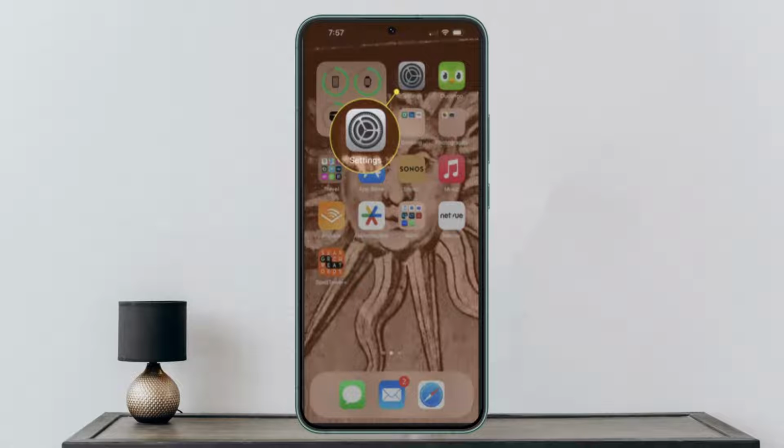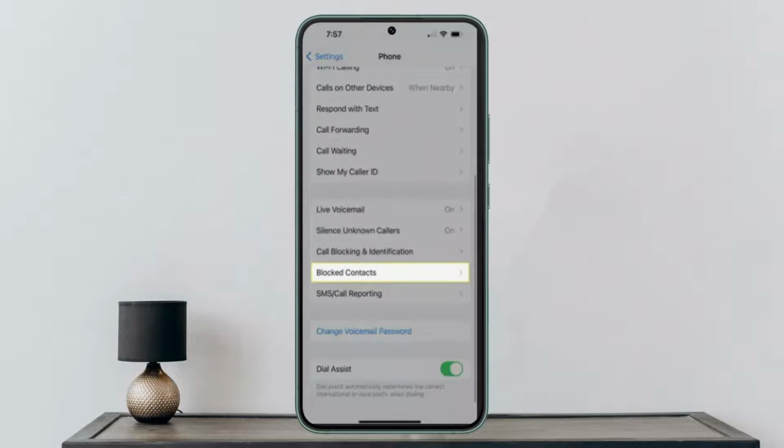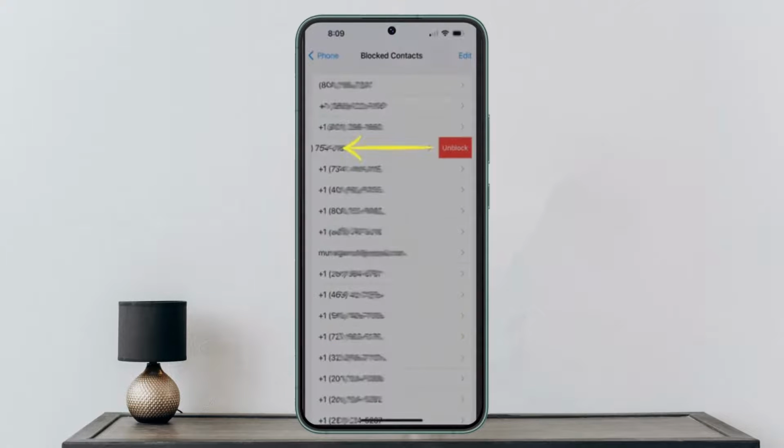You want to open up your settings. As you open it up, you want to scroll down and look for the phone options. As you do it, you want to go ahead and scroll down once again, and you'll be able to find blocked contacts. As you click that, at the end of the fields, you'll be able to find the number or list of contacts that you've blocked. If you want to unblock one, you just simply swipe towards your right-hand side by holding on to the particular contact, and then you could just see the unblock option and you should be able to